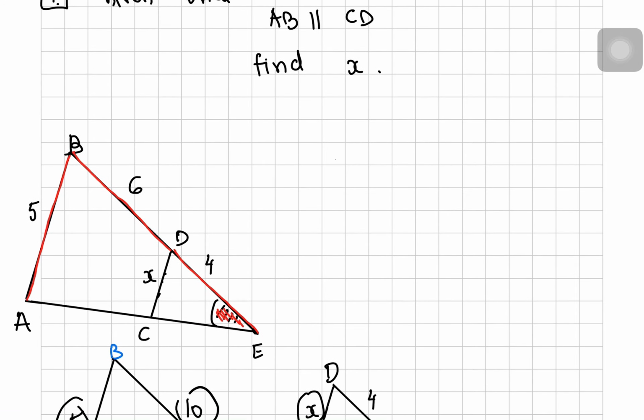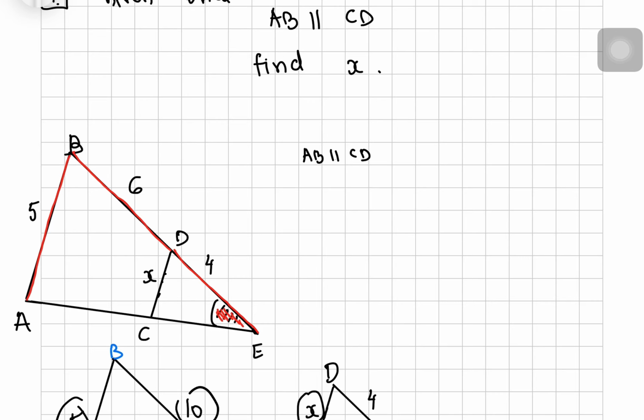There are different ways to solve this problem. You can pause the video if you want and try on your own, and I will just present the solution. So when we have things like this, the usual step is to see whether there are some similar triangles. So we know that AB is parallel to CD. Therefore,